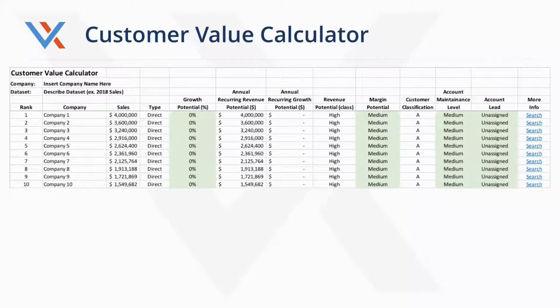Again, it's about pulling your company sales data, dropping it into the tool, and then going through a process of adding information that helps define categories of your customers. I'm going to grab my little spotlight again here, which takes me a second, to walk you through this. You'll see that ultimately we have a customer classification column.